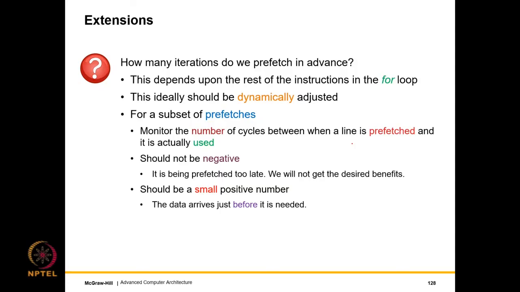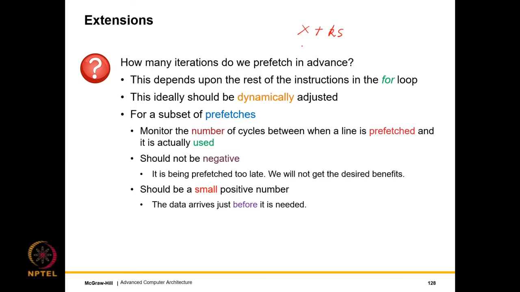A few extensions. Well, how many iterations do we prefetch in advance? So what we can do, so we can make this smarter. What we can do is that, look, if the previous address was something x and the stride is s, so instead of just prefetching x plus s, we can fetch x plus ks, right? So then what will happen is that we can dynamically adjust the distance between when we issue the prefetch instruction and when we receive it.